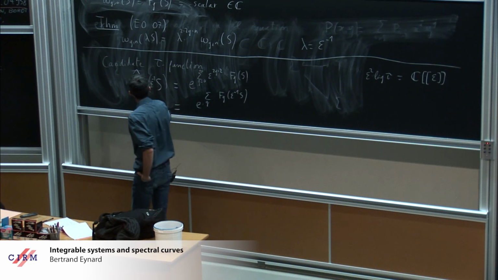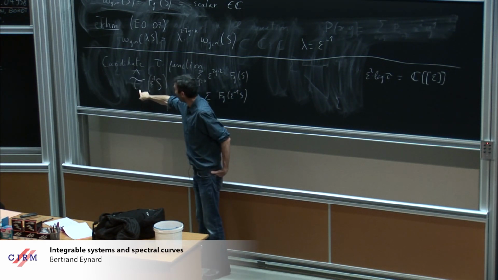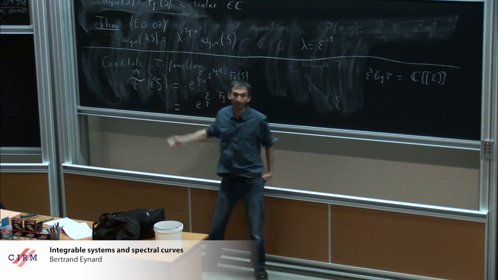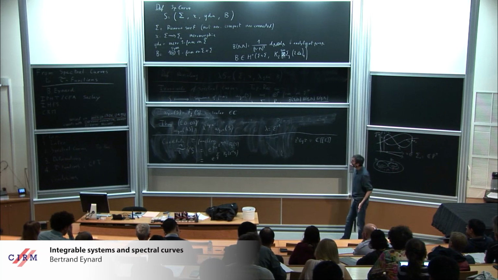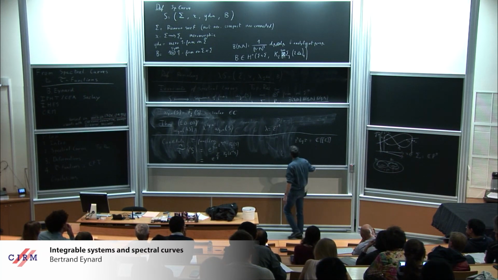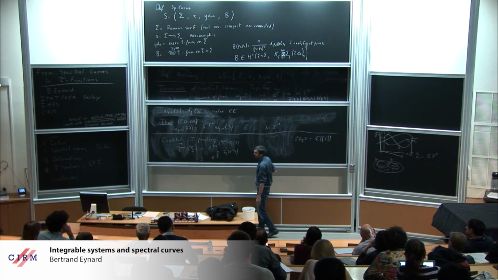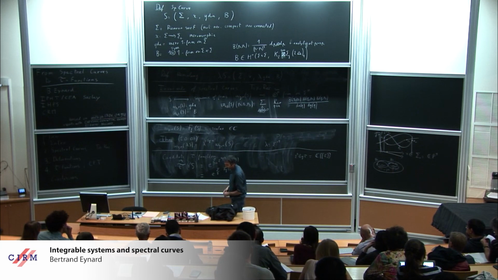So in fact, this is why the right-hand side is not separately a function of epsilon and s. It's just a function of epsilon minus 1 times s. So meaning that formally you could just set epsilon equals 1. But then you need to see if this series can be summed. Is it convergent?